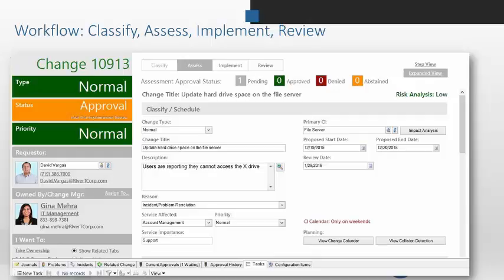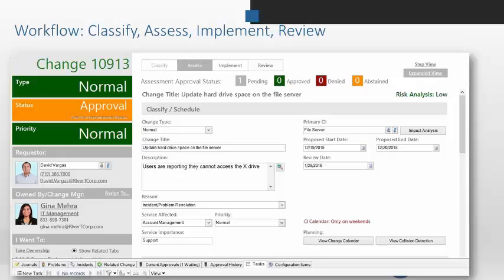In the change, you'll see also for the normal and emergency, because it goes through several different phases, Cherwell doesn't hit you with a drinking from a fire hose on all of the fields. As you can imagine, each one of these different phases has different fields that are going to be populated. But why do you need to see them all at one time? It should only be as appropriate.